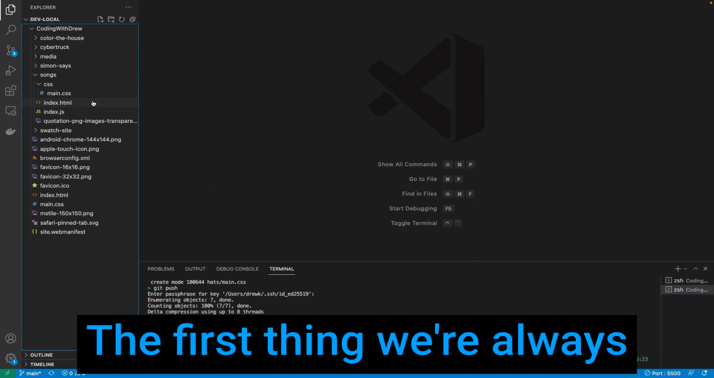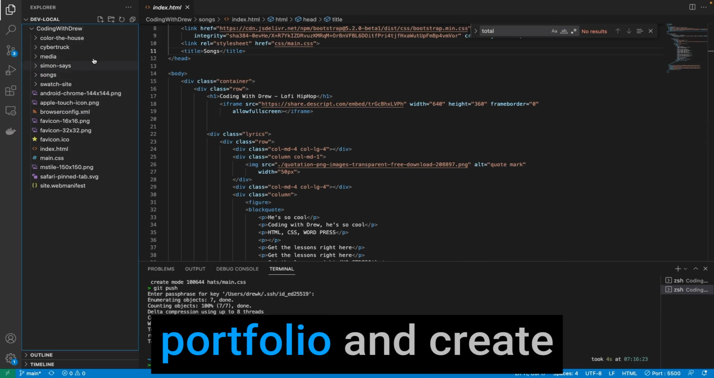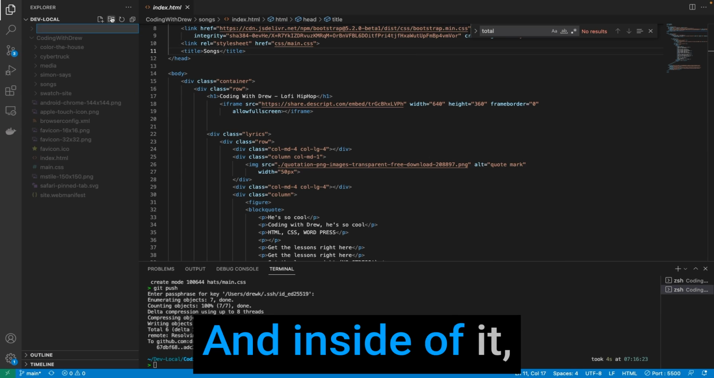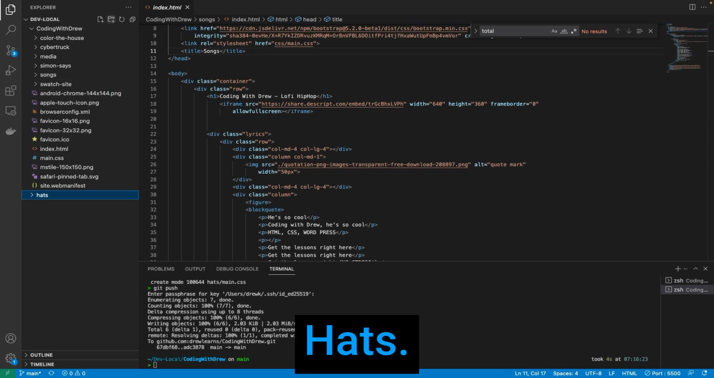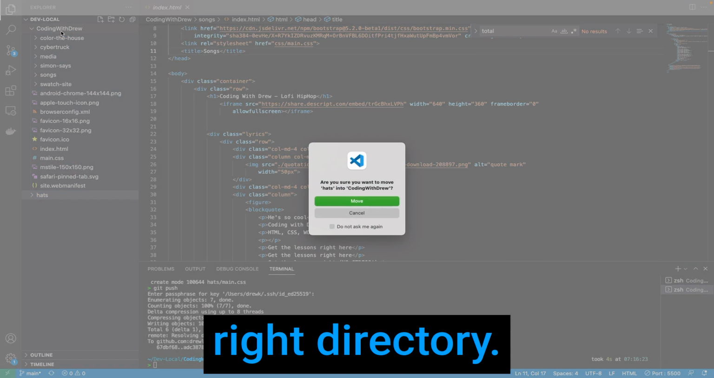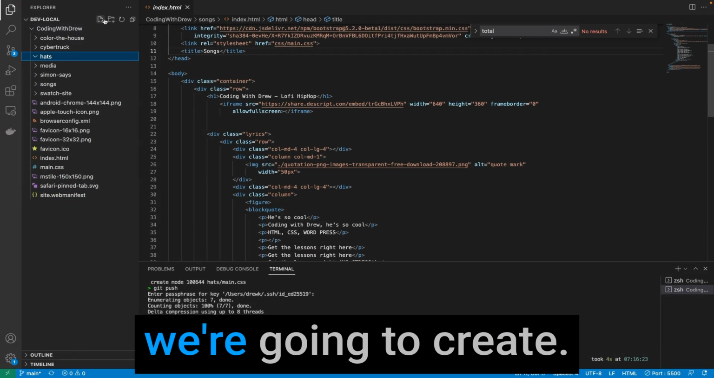The first thing we're always going to do is create HTML. So let's open up our portfolio and create a new directory, and inside of it, we're going to call it hats. Make sure that this is inside the right directory. So we're going to move that in there. And inside of hats, we're going to create